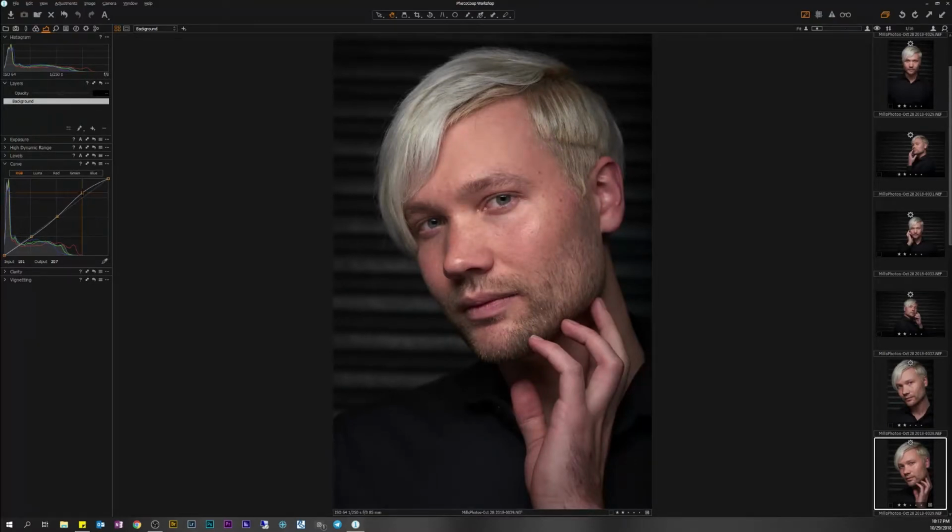So you can actually see, I just put a slight S curve in here, and I will show you the difference by temporarily resetting by holding the Alt key on the keyboard while clicking the mouse. See, I've given that image some contrast, but in a much more natural way than using the contrast slider up under the exposure section. I'm not going to do it to this image because I actually don't want that contrast. I like it the way it was shot, so I'm going to reset that and then move on down here